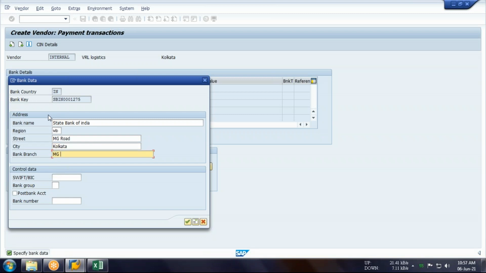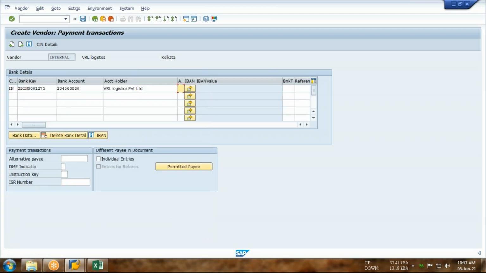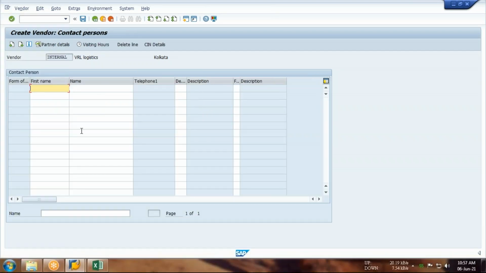Guys, if you remember this, there is no problem, so I'm just moving forward by configuring one by one information regarding vendor master record. So first page is the normal, second page is optional, third page is the vendor bank record. Fourth page is the contact person details. So Mr. Abhishek.